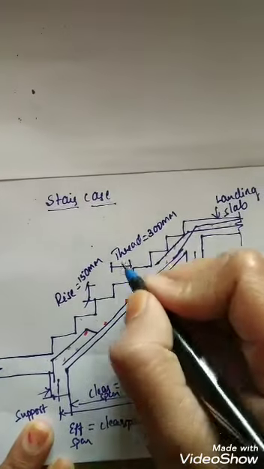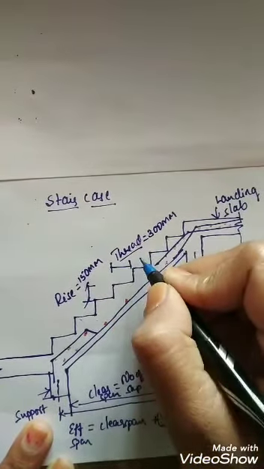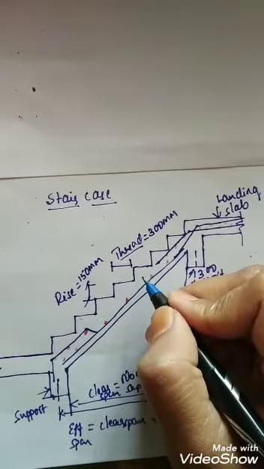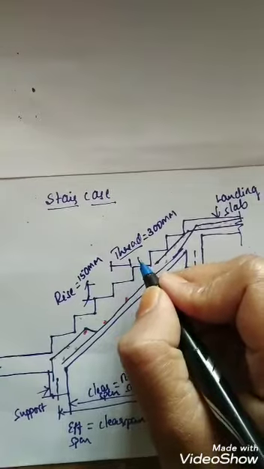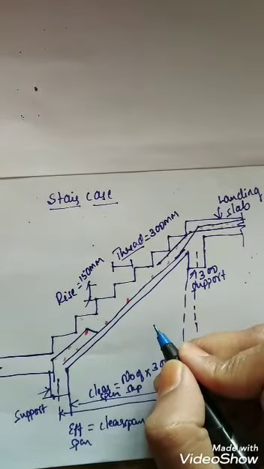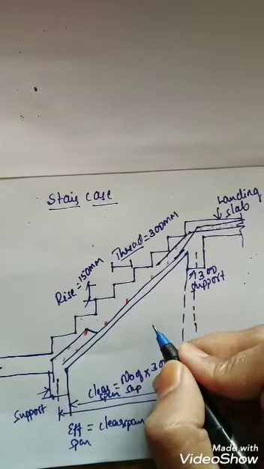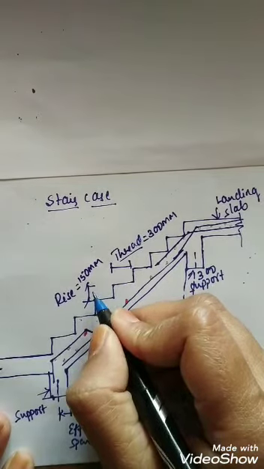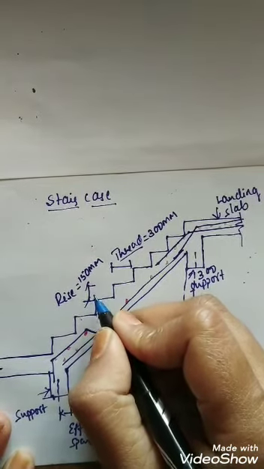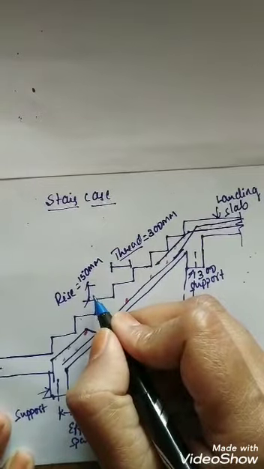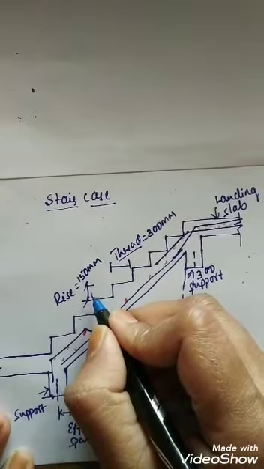And also here I mentioned the tread. Tread is nothing but the horizontal distance that is set on the stairs. On this a person should walk on the staircase. And also I mentioned the rise. The rise of the stair is nothing but the height between consecutive treads. Otherwise we can call it the vertical distance between each end of the flight.